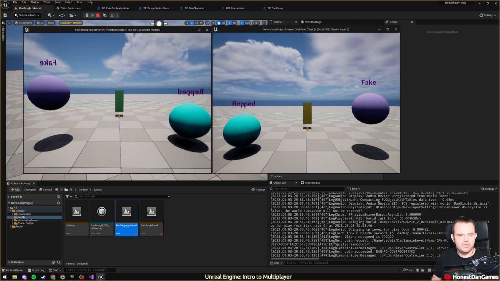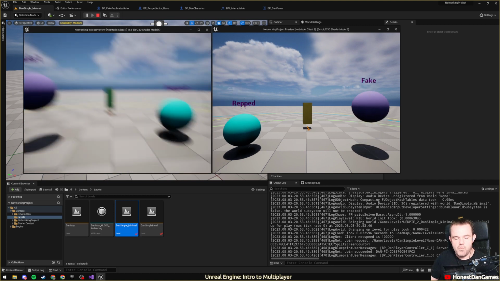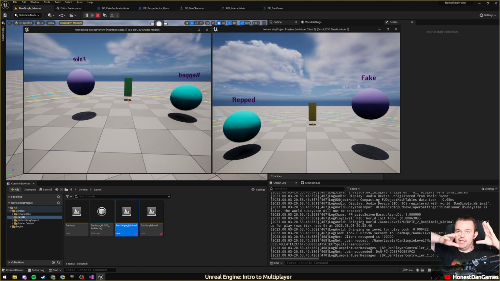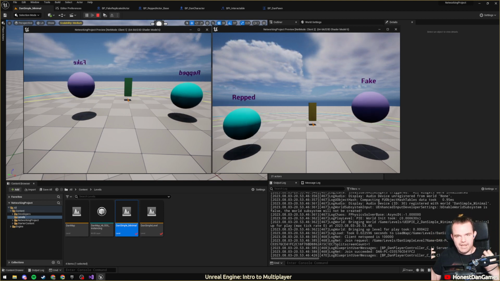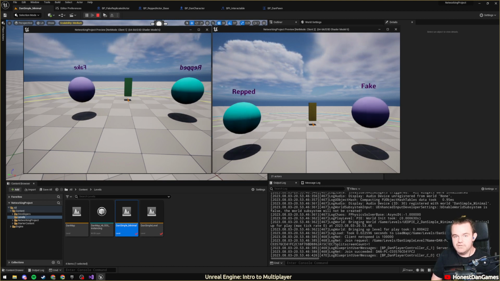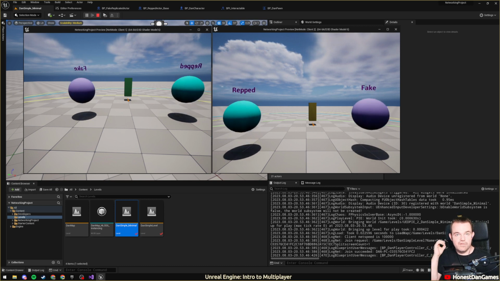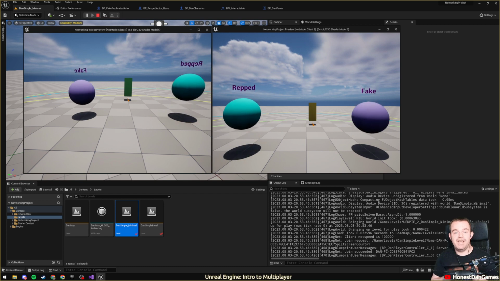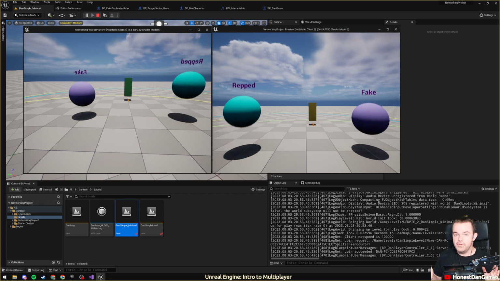And under the hood, we're not going to dig into the code or anything, but what is happening is when I'm pressing input on player 1's computer, which could be in a house the other side of the country to player 2, that input needs to be processed by that application, but then it needs a way to tell the server about it. And the way we're going to do that would typically be with an RPC from client to server. So within the movement component, it handles that, but it also does a bunch of other great stuff,